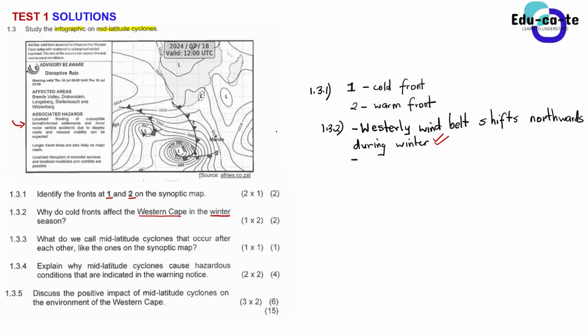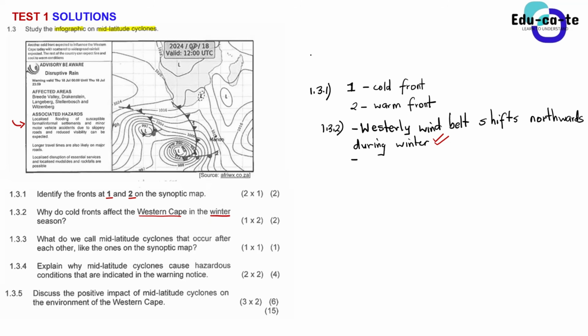Sir, I can say that because of the mid-latitude cyclone, it allows the front to move to the Western Cape to bring rainfall. In other words, I'm trying to say a cold front reaches the Western Cape, therefore there is going to be rainfall. But what causes it to be able to reach that point? That's the question. What causes the cold front to be able to reach the Western Cape? Tell more.